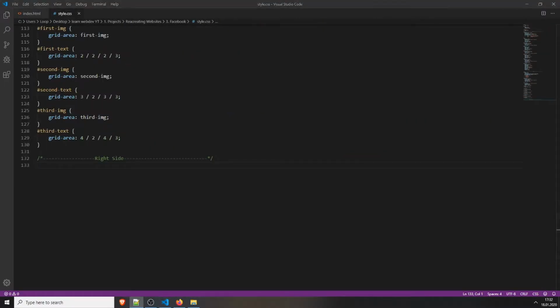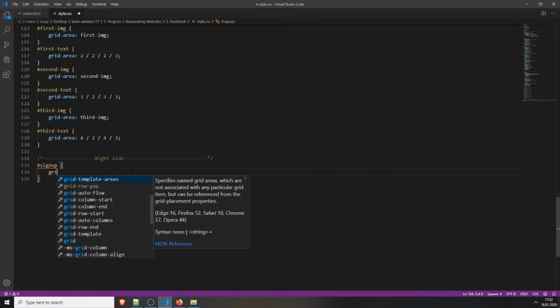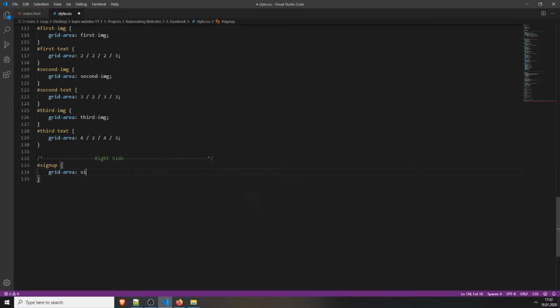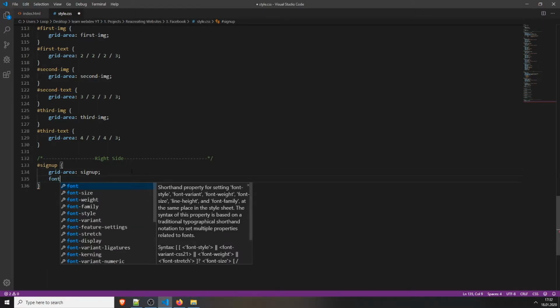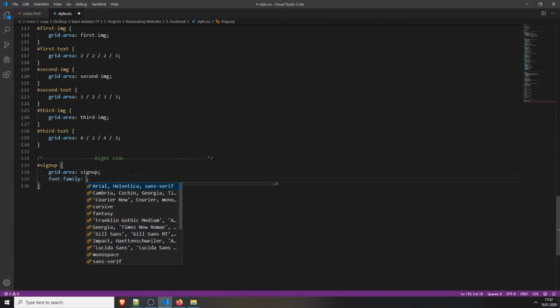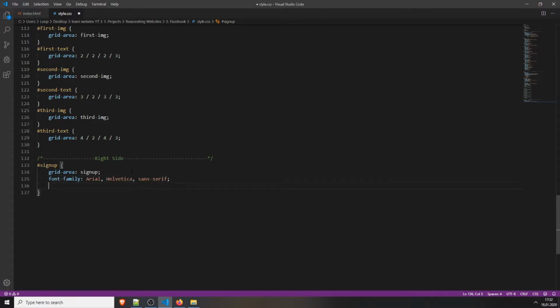Alright, so first we have the sign up. So sign up, create a grid area with the name sign up. The font family will be Arial, of course. Font size will be 36 pixels, and